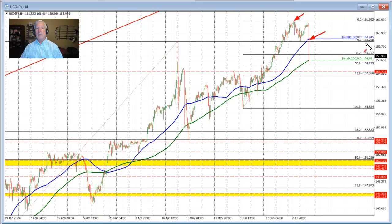We also fell below this key 160.21 level. That level corresponds with this high price going back to April, end of April. That was our swing high right here before we had intervention from the Bank of Japan that forced price down through here to their low price of 151.90. And then we've been starting to build to the upside, including this trend-like move since the beginning of June. We did correct down to that 160.21 level, which was a nice hold here and here and here and here,